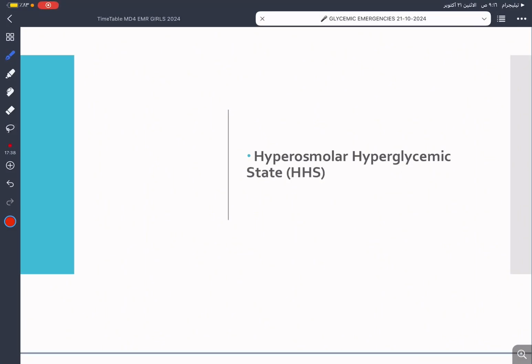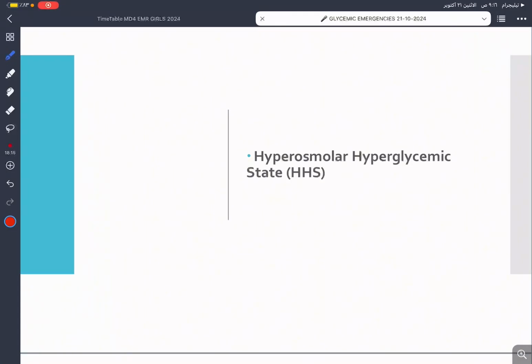So رايكم في ال HHS؟ ممتاز. ما يطلع بسرعة. ايش how we diagnose HHS؟ blood glucose أكثر من 600. Okay, so the hyperglycemia, but it will be more than 600 as compared to the DKA. DKA usually more than 200. And from its name, hyperosmolar, so you should have high serum osmolarity أكثر من 350. كم النورمال osmolarity؟